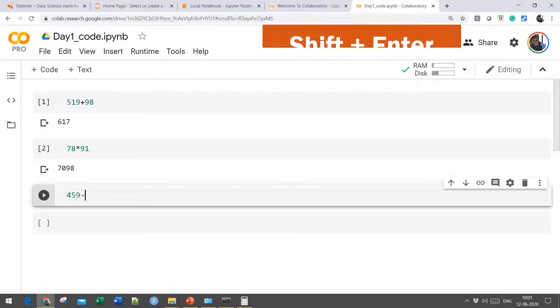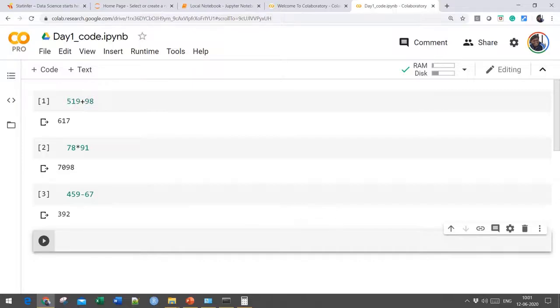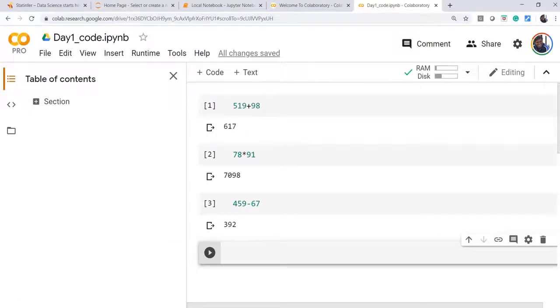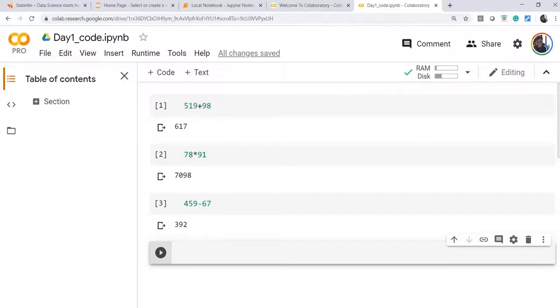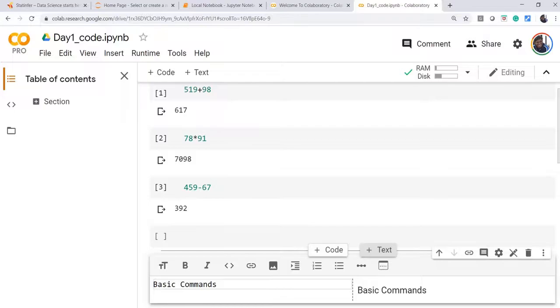These are some of the basics in the notebook. We will discuss the rest of the options in the upcoming sessions. We will be using Google Colab notebooks for our course. You can also use Jupyter Notebook. Google Colab notebook has other options as well on the left hand side. You can always keep table of contents on. By clicking on text, we can add the text cell. Text cell is nothing but a non-code cell where we can write the header or the usual text.